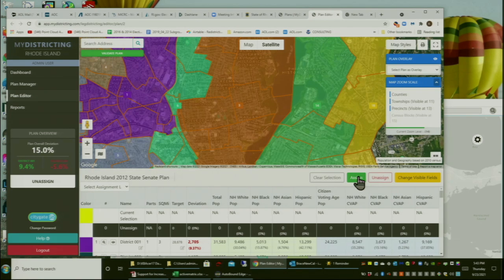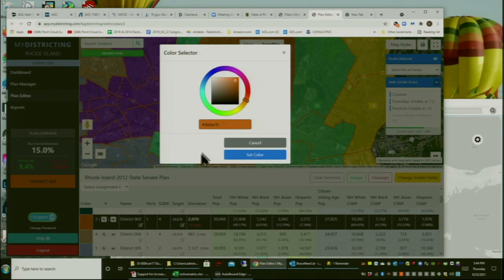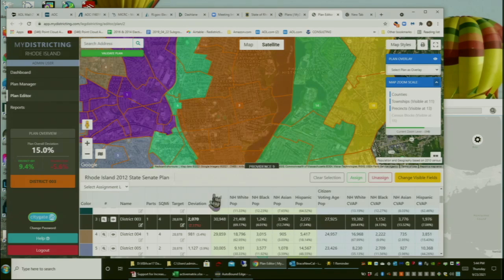So you can build your own districts within this software and add territory, assign territory, or unassign territory. Right now, you'll see the results down at the bottom of the screen that will change whenever you've made a change. So if I wanted to go in and make a change to District 3, I want that to be my current district, and that's the one that I want to assign to District 3, I could go in here and take that precinct over here that's there,